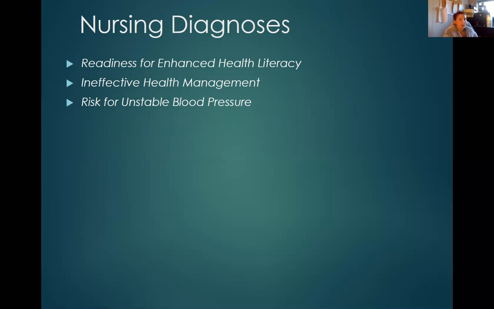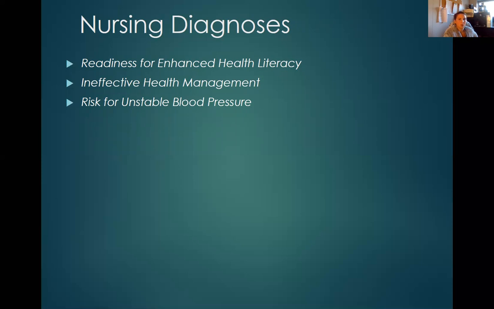health management. Maybe they weren't willing to make the lifestyle modifications, or maybe they made those, it was ineffective, we put them on medication, but because they felt better, they quit taking their blood pressure medication. So ineffective health management, they're either not understanding or they're choosing not to do that with one of those two diagnoses. And then risk for unstable blood pressure, of course, because it's not like the first pill that's prescribed to